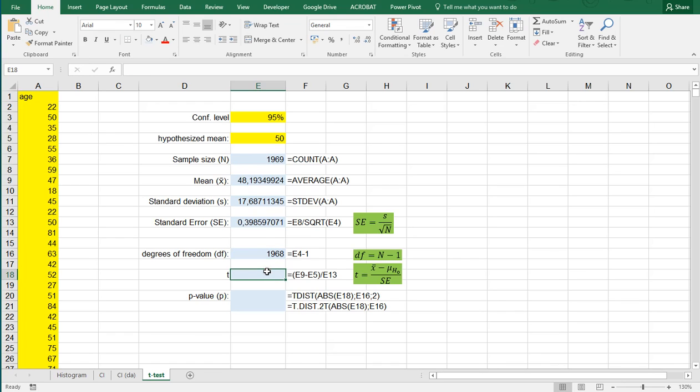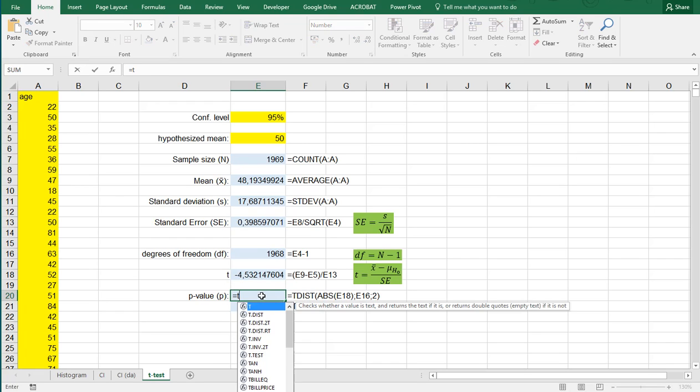Then the test statistic is a t-value, which is the sample mean minus the hypothesized mean. That's this scary looking symbol up here. And then we divide that by the standard error, which we had up here. And then we can calculate the t-value, and we can either use the old T.DIST function for that,